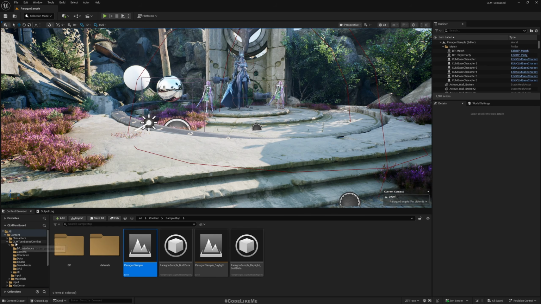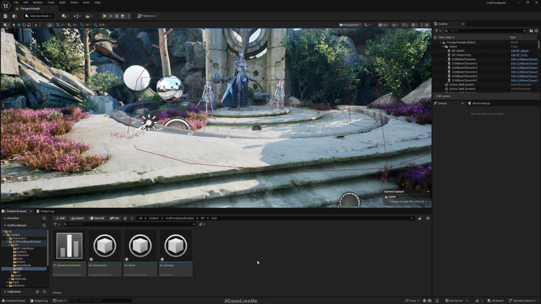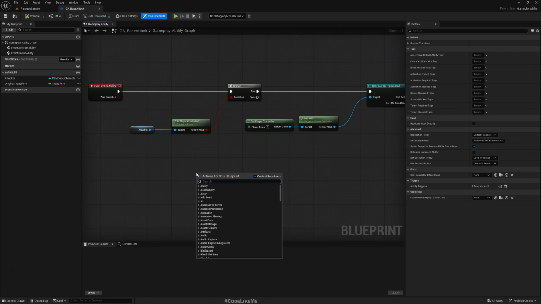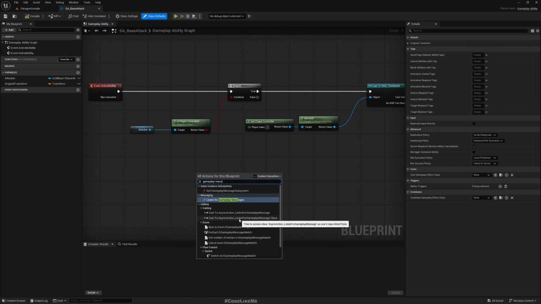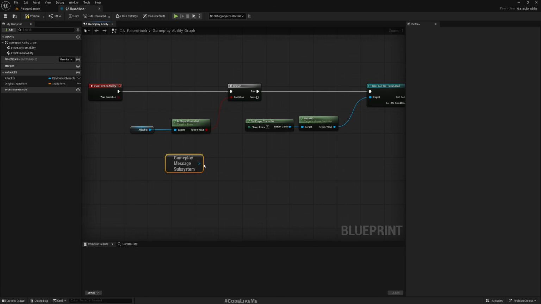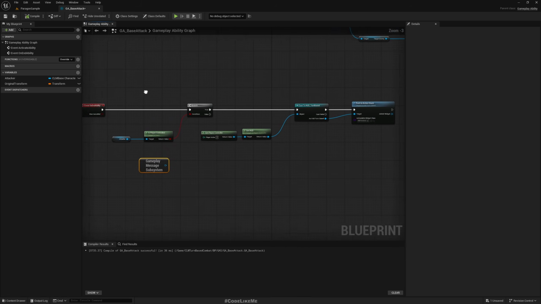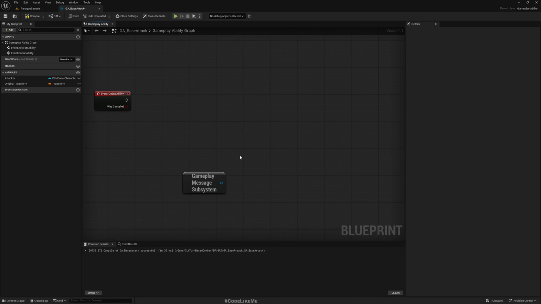So now let's go to our gameplay ability where we did the base attack. Now here, if I type gameplay message, get gameplay message subsystem. So yeah, now we have the gameplay messaging subsystem. Right, now I'm gonna get rid of these things and I'm just gonna broadcast a message that says we have finished our attack. So we can do that like this: